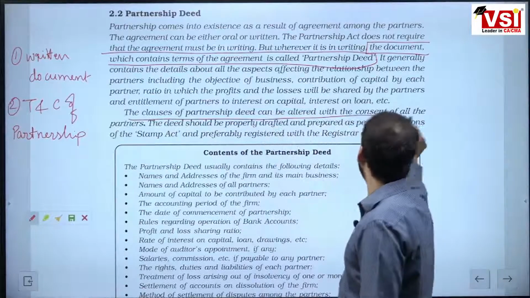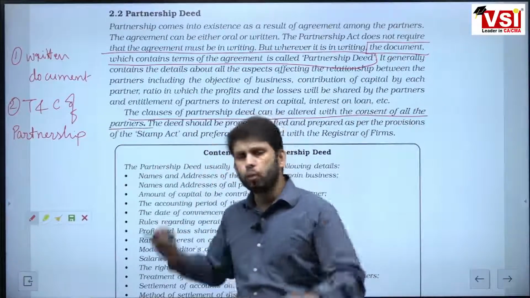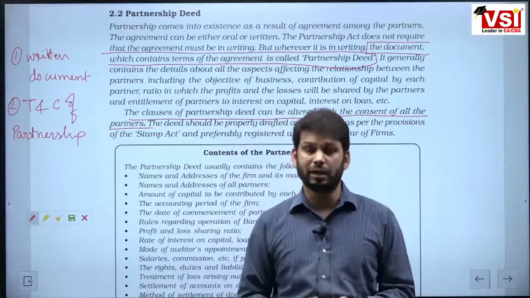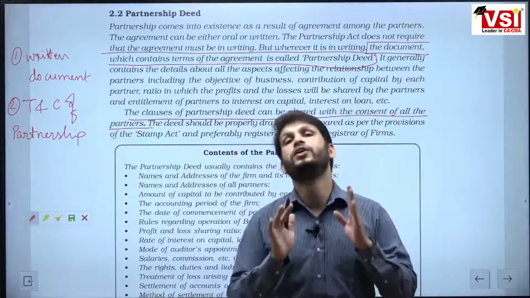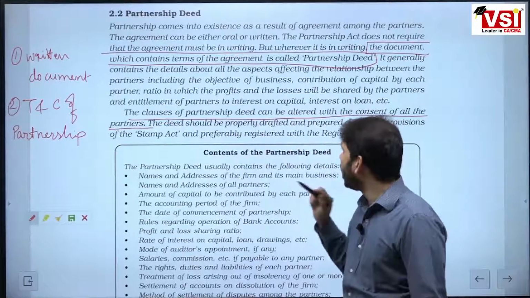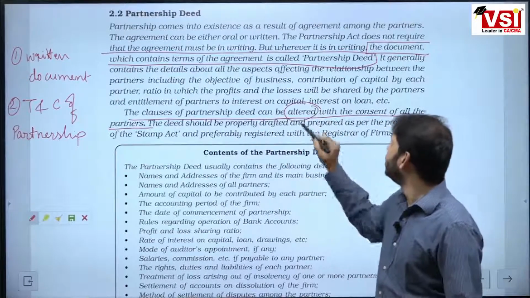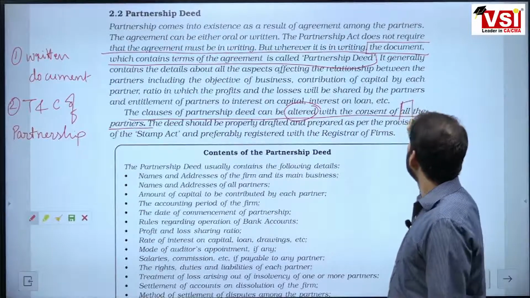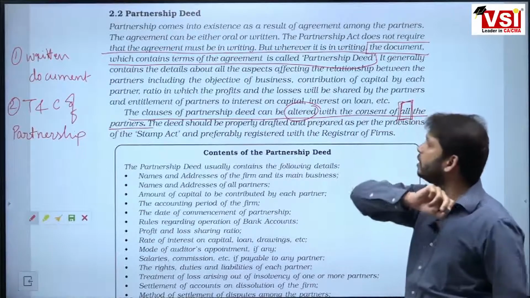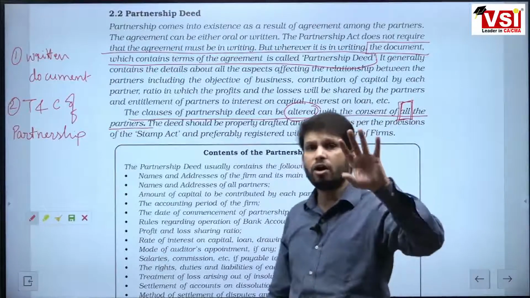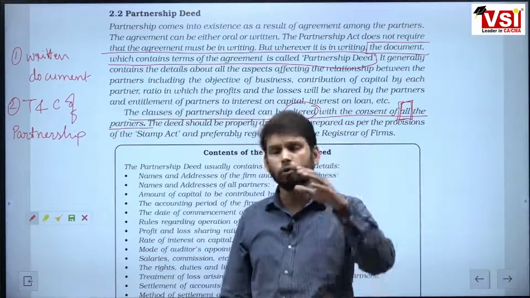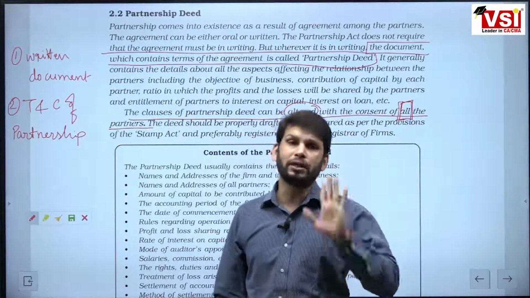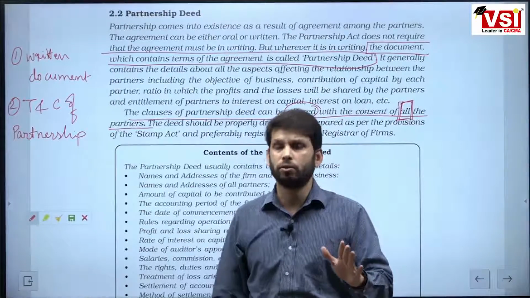So, the question arises: once a partnership deed is agreed and signed by all partners, can we not change it? No, we can change it, okay. The law allows it, it can be altered, but to alter it, consent of all the partners is required. That means out of 4 partners, if 3 partners agree, okay, let's change, no, they cannot. You need all the partners' signature and consent, okay.